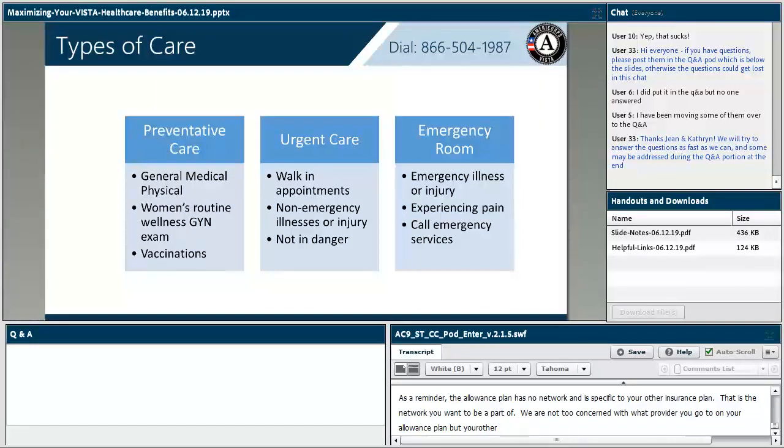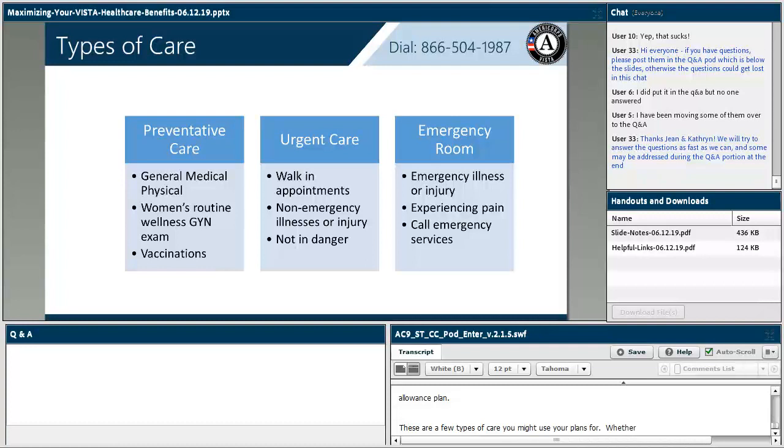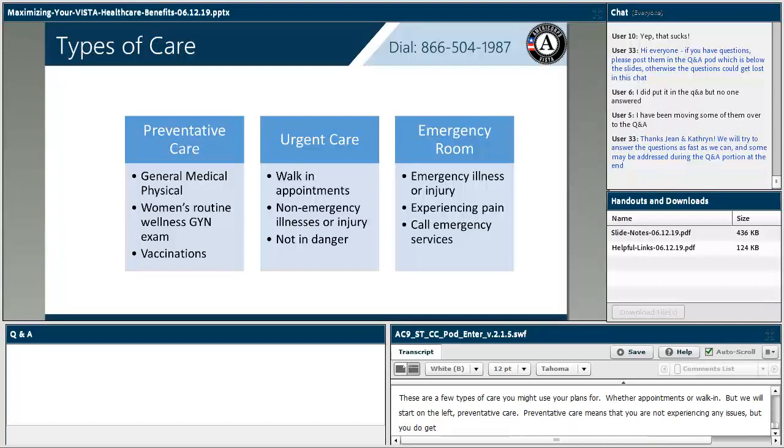Here are a few types of care that you might use your plans for, whether it be appointments or even walk-ins. We'll start on the left with preventative care. Preventative care means that you're not experiencing any issues, but you go get something medical done anyway. Most people might think of an annual checkup. You're not sick, but you go to the doctor and they take your blood pressure